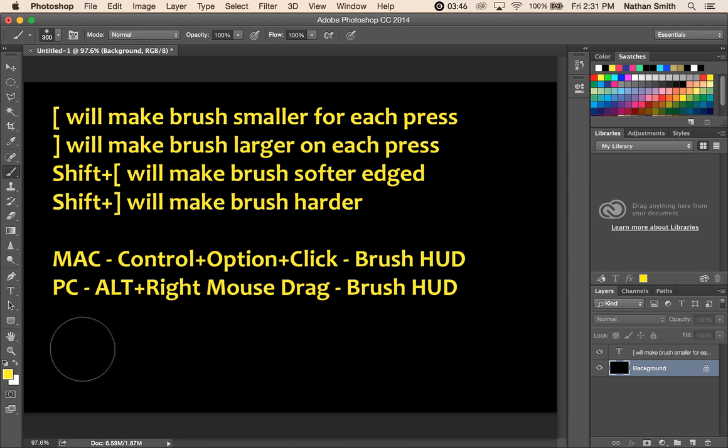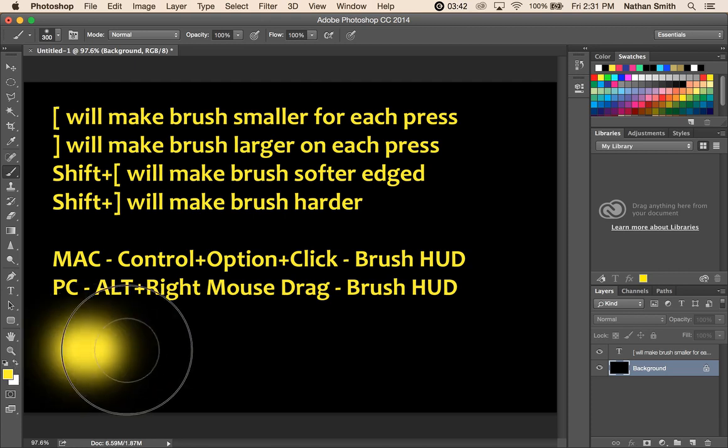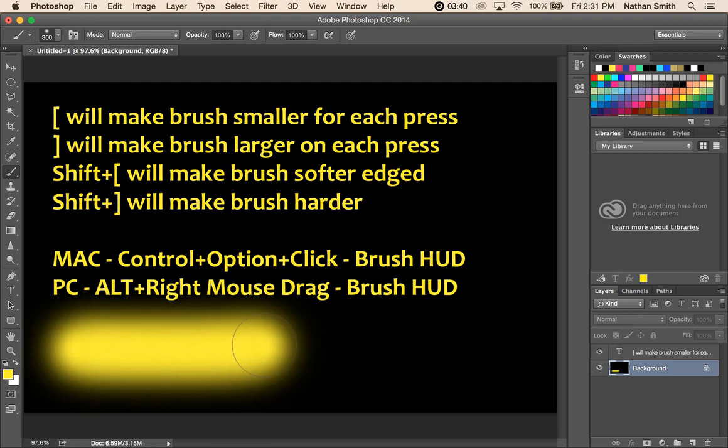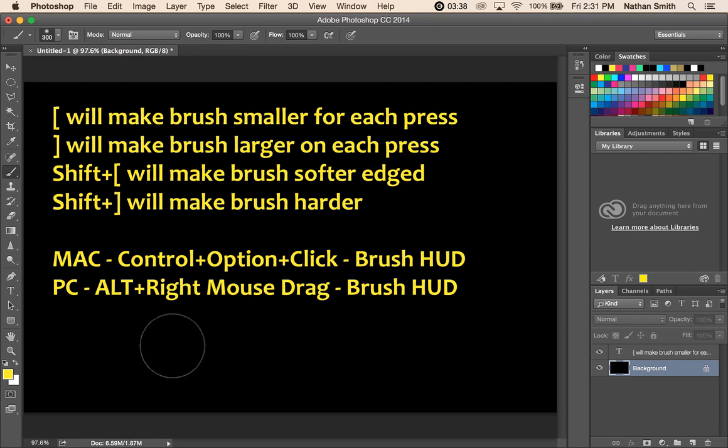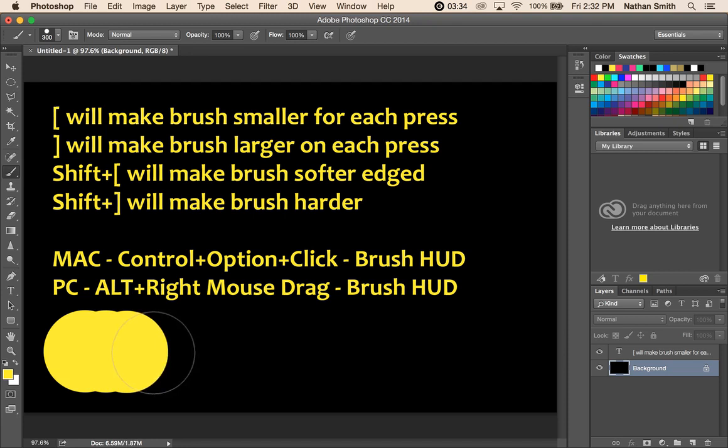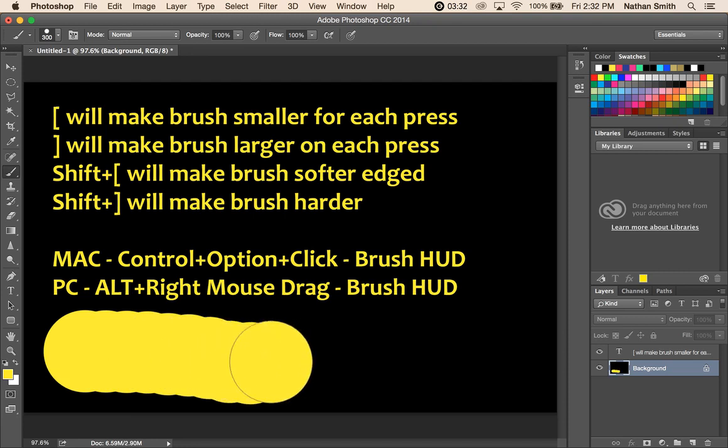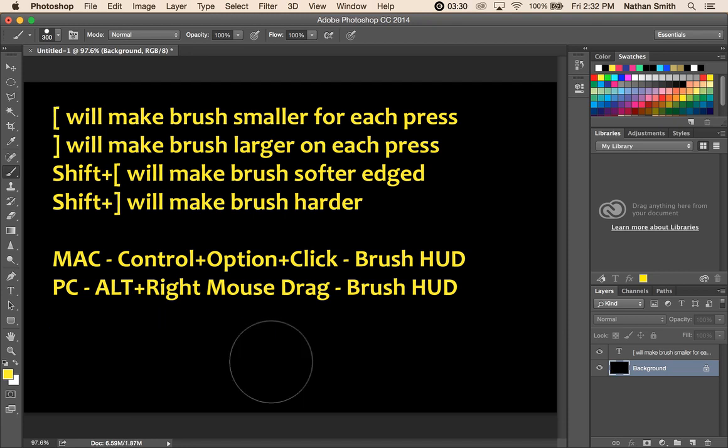Now, adding shift to the left bracket key will make the brush very soft. If you add shift to the right bracket key, that will make the brush very hard-edged, or somewhere in between. However, there is a way on Macs and PCs that Photoshop has provided to do this as a one-click operation,